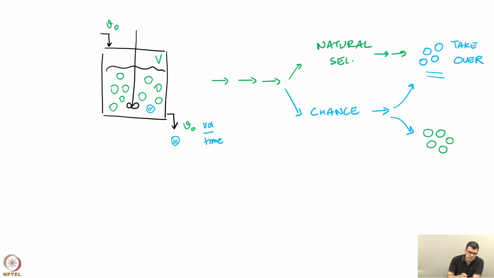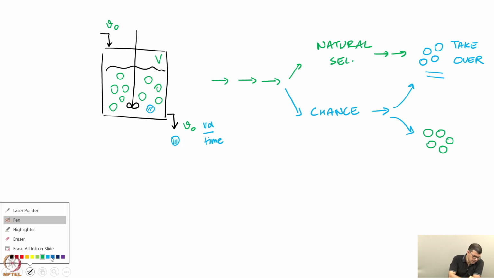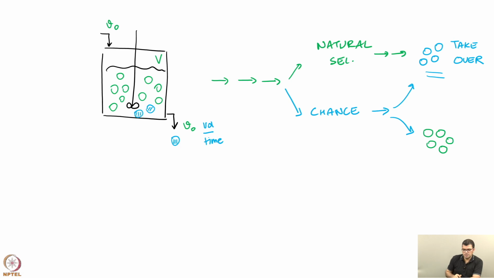Let us imagine that if there is only one blue individual in the chemostat and it is washed away, the game is over, we go to this all green state. However, let us imagine that it does not immediately get washed away, it gets some time in the reactor and it is able to divide once, and now we have this scenario where there are two blue type individuals in